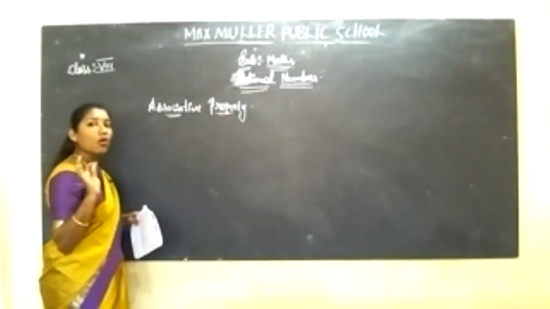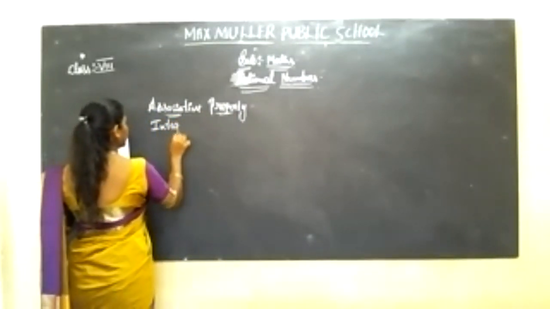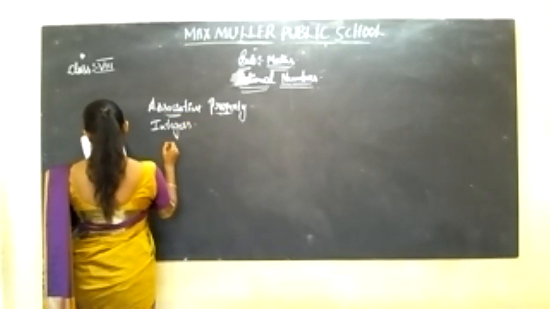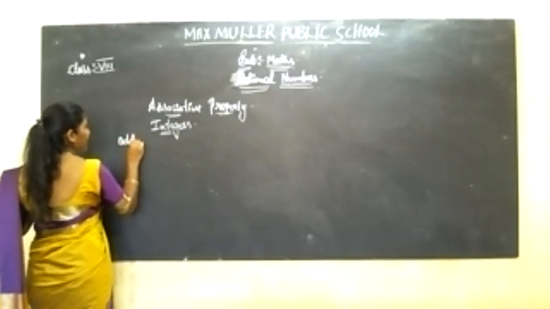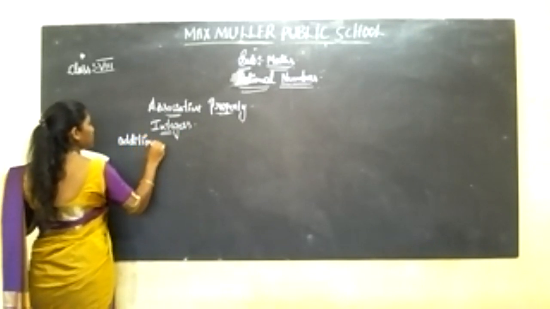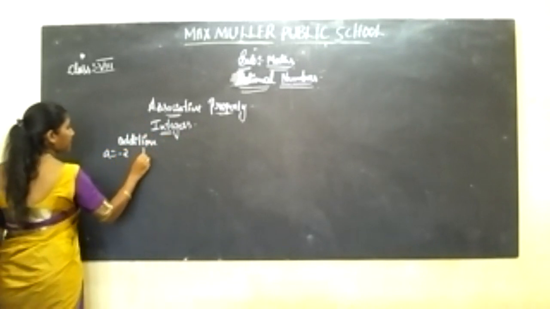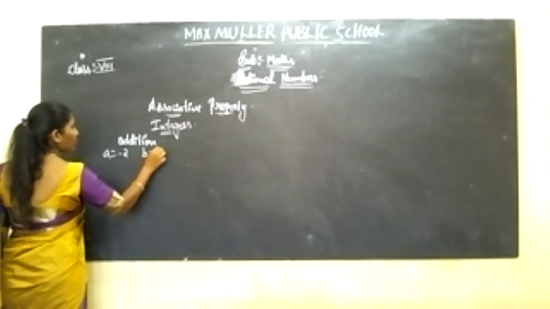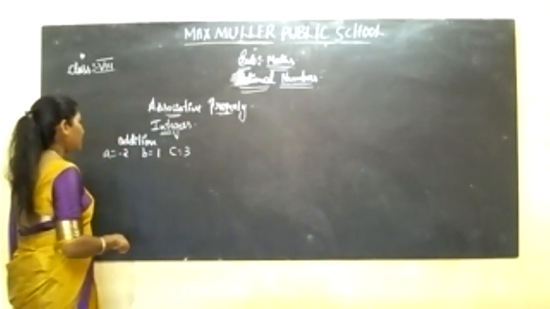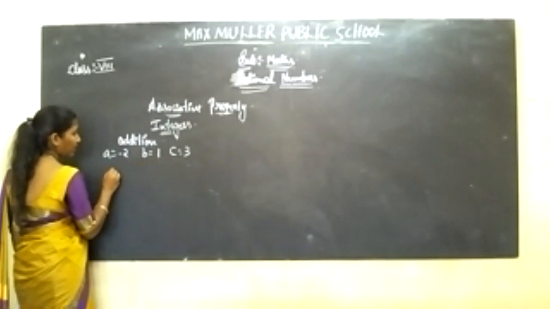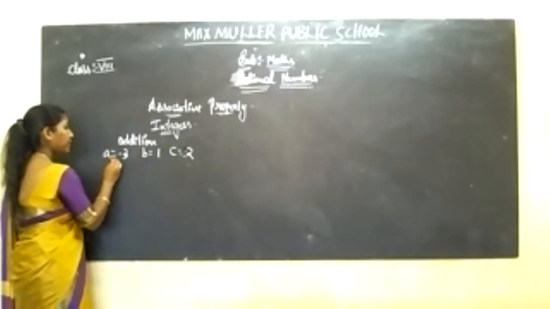Next, associative property. For whole numbers you have already studied. Now coming to integers. Under that, first you will be studying addition. Take any integers, that is a is equal to -3, b is equal to 1 and c is equal to 2. Okay, see,